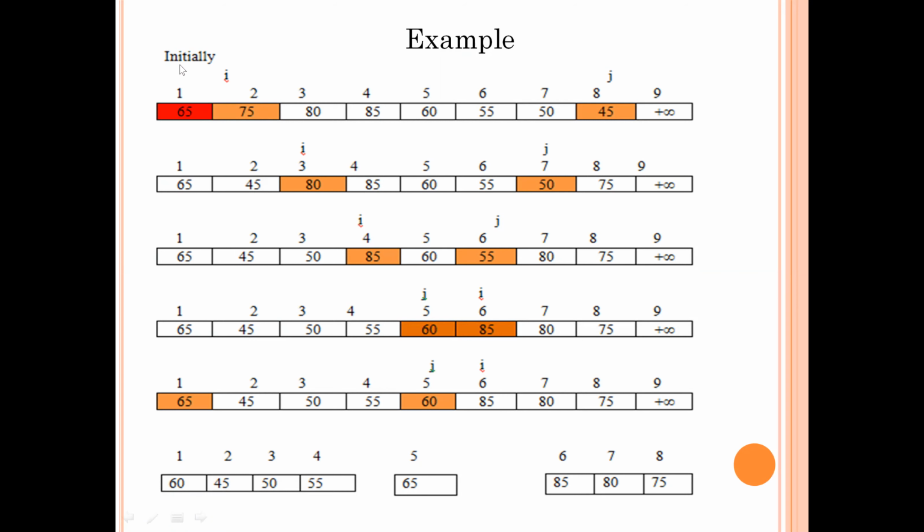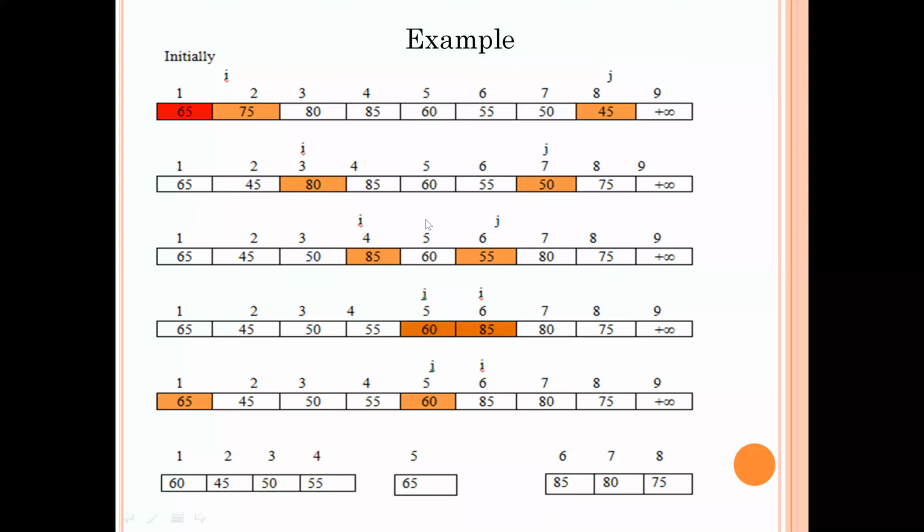Okay. So now what happens? Now here the i is at 2. So now again it will be incremented, and it will check the 80 with your pivot. I told that you should move the i value towards the right until it finds an element that is greater than the pivot. So here 80 is greater than the pivot. So that's why again i will stop. It will stop at 80.